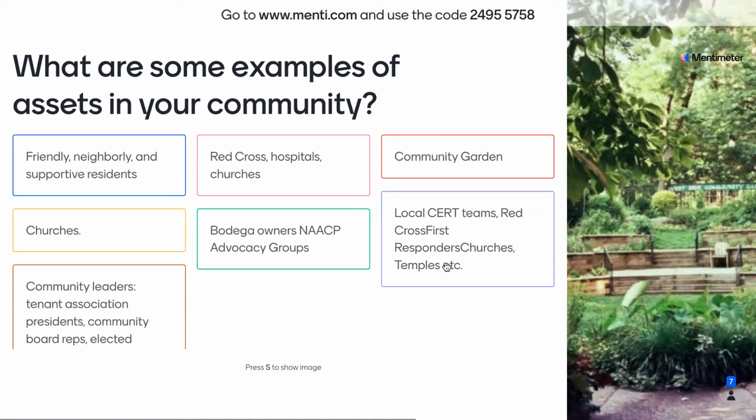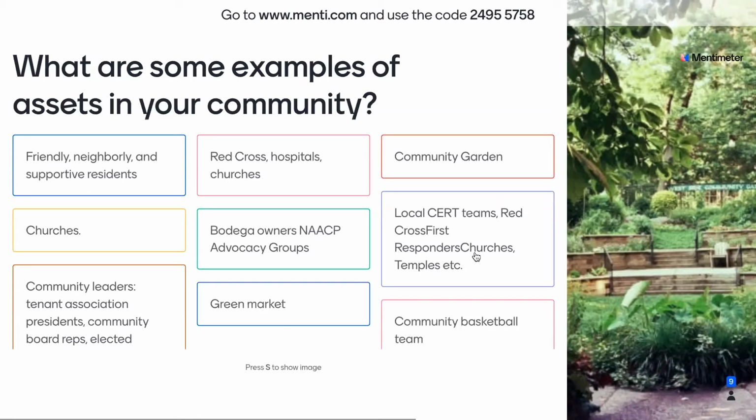Even if you think it's like a goofy thing, stick it in there. Okay. So these are all great examples of assets that we may not necessarily think of when it comes to,